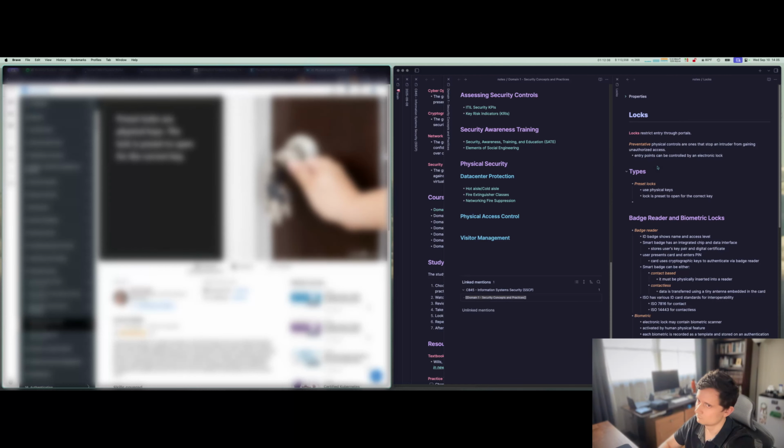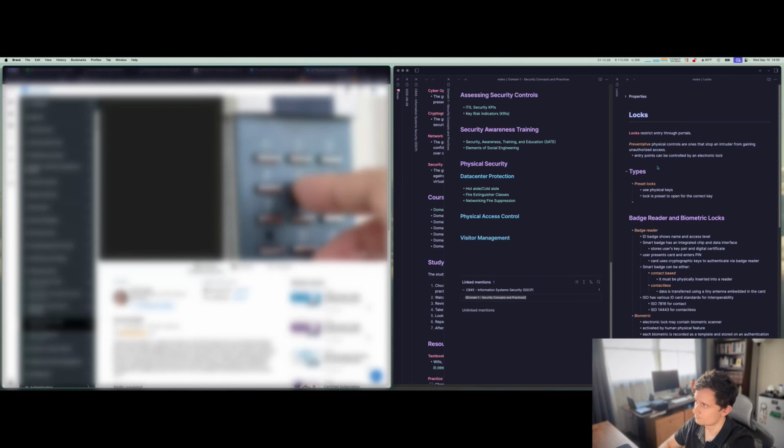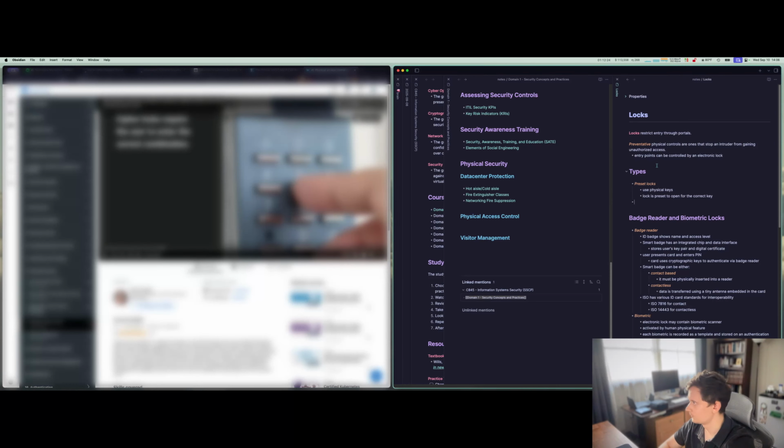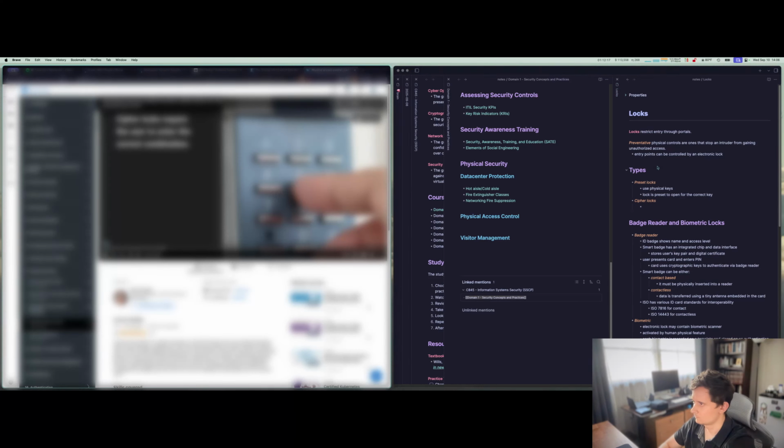If you use physical keys, you should carefully control them with a physical key management program that keeps a strong inventory of keys, tracking who has which key, and changes locks when a key is lost or stolen. Cipher locks are often used on areas where many people require access.